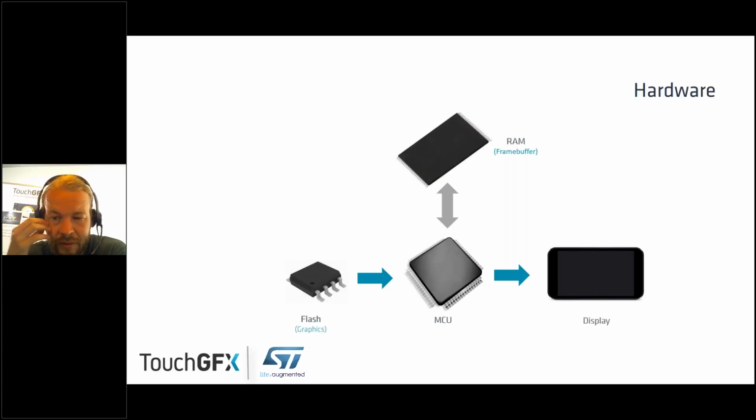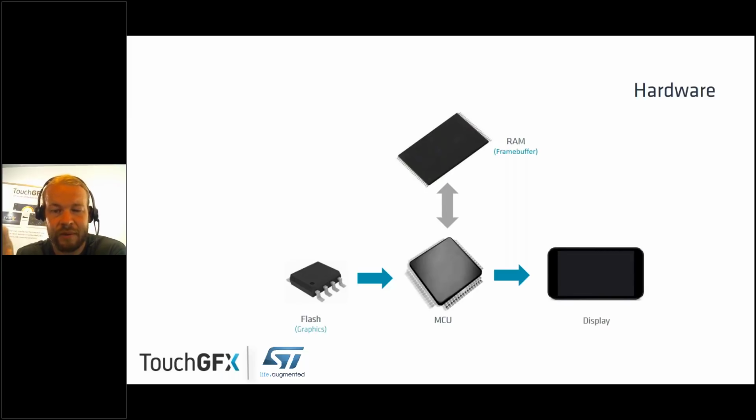So this diagram highlights that you will have your graphics in your flash, and your graphics also amounts to things like fonts or characters, what is called glyphs. So everything will be more or less bitmap based and placed in your flash. And then the job of the MCU is really to assemble all the parts needed to make this look alive. So you will take a lot of stuff from the flash, the MCU will do that, and put it into